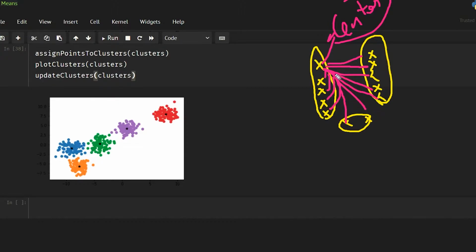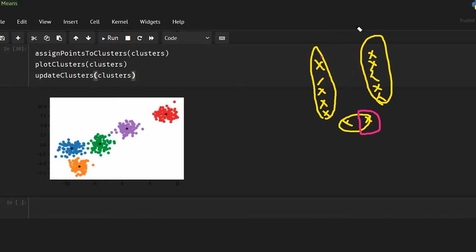In this case you can see that this point has the greatest distance from this center. Because it has the greatest distance, I'm going to make this my second center. Okay, now we have two centers.